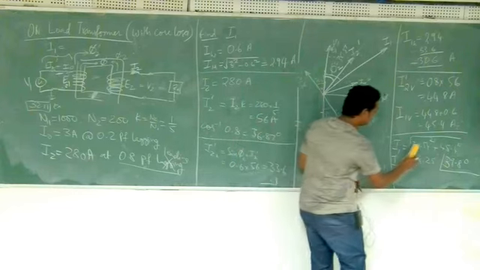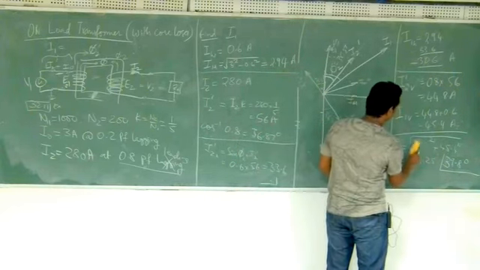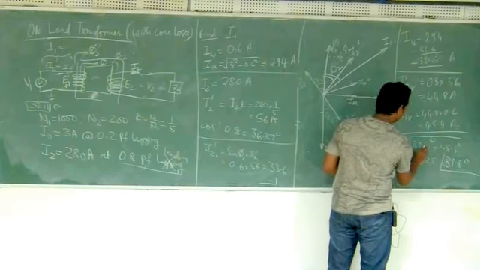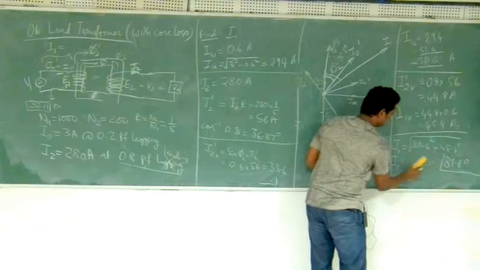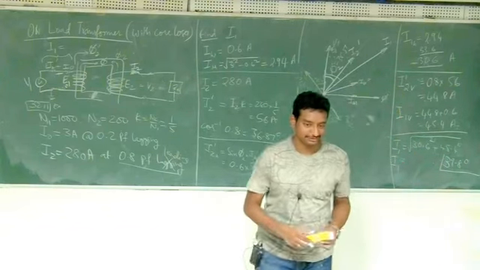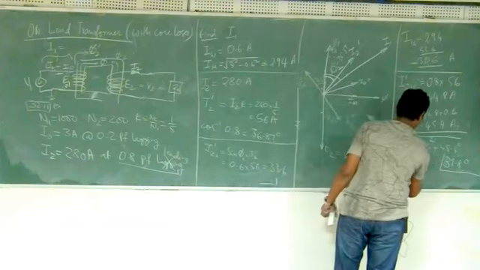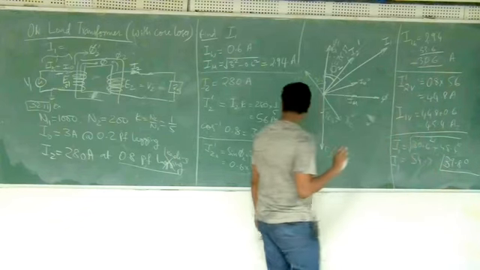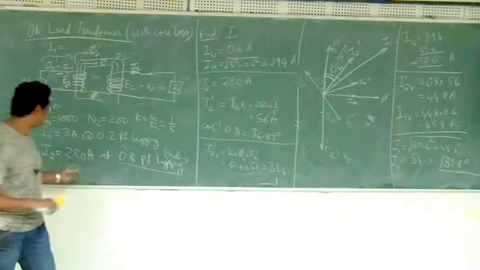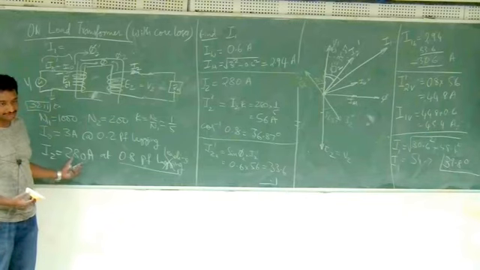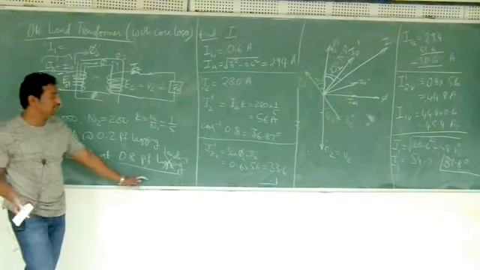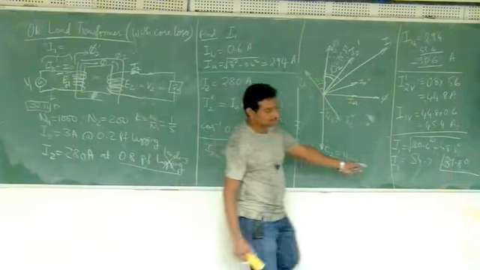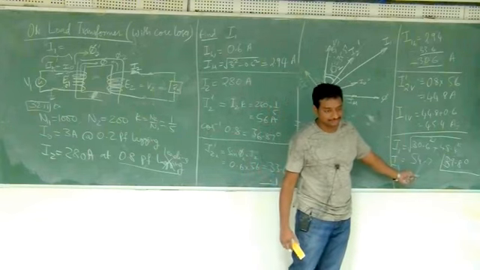So here I have to write 30.6 square plus 45.4 square, under root. So I'll get a different value of current. How much is that? 54 point something. Now you also notice one more thing. For the same amount of active load, the load is actually the same, 280 amperes before, 280 amperes now also. Kilowatt-wise the load is again the same. Just because it is leading, now I have to give lesser current. Earlier the current was 58, now it is only 54.